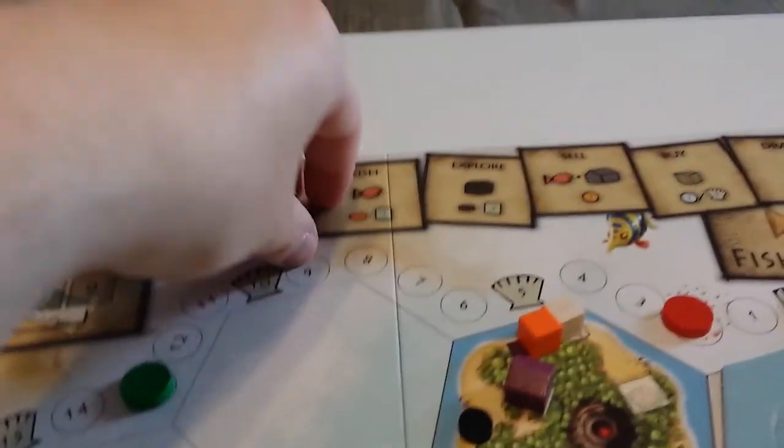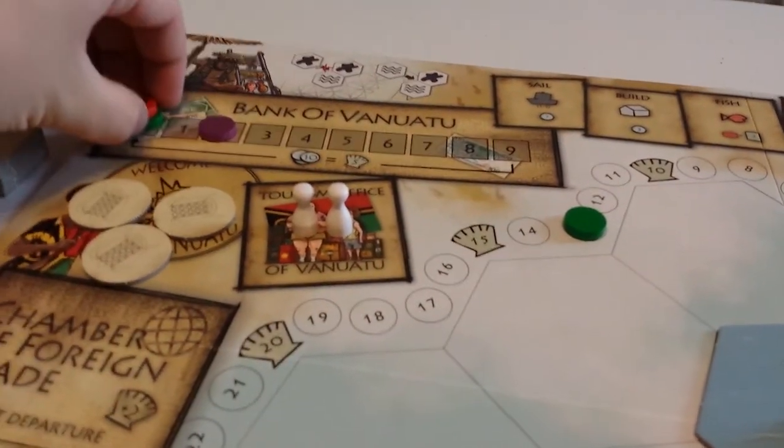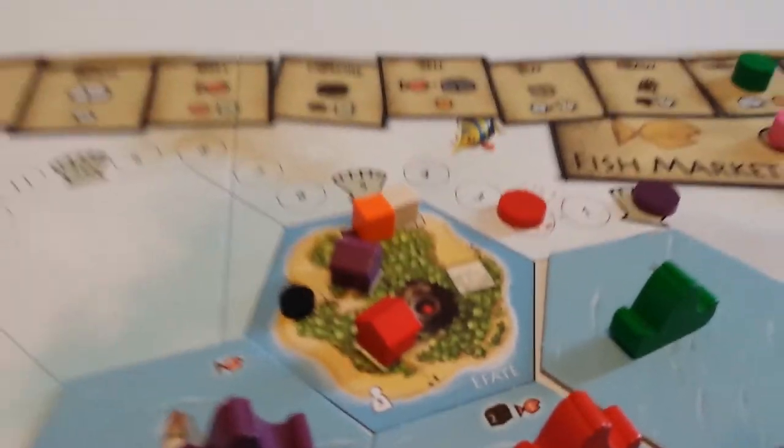Now we move on to red. Red will also build. However, red has to pay the full price. So red will pay 3 Vatus, and he will also put a stall onto this island. Now we get to